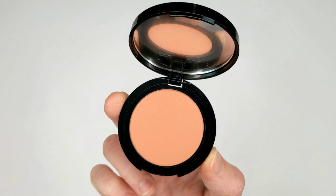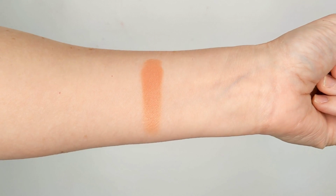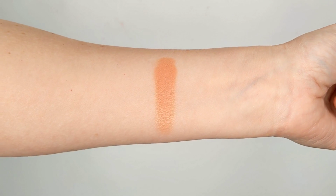Next up, I got a single blush, and this is in the shade Peachy Dreams. It's just a really pretty matte peachy blush. And just like the eyeshadows, this is like the silkiest powder I have ever felt. It just blends so effortlessly, almost to the point where it doesn't feel like anything is going on your skin at all. When you're blending it, it's like, is it actually applying to my cheek? But then you see the color start to show up and you're like, okay, it's not powdery, it's not chalky